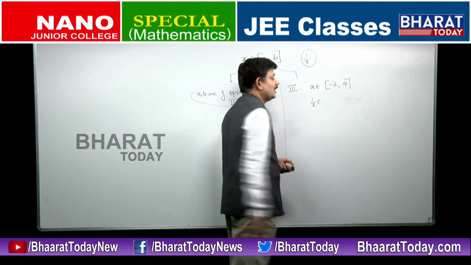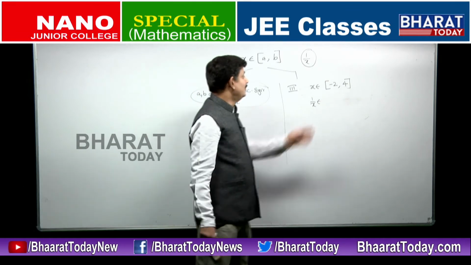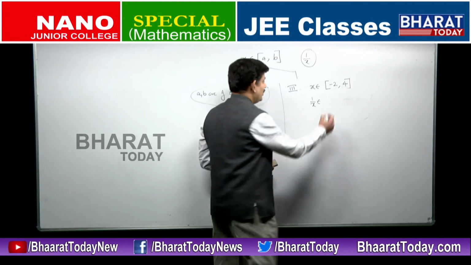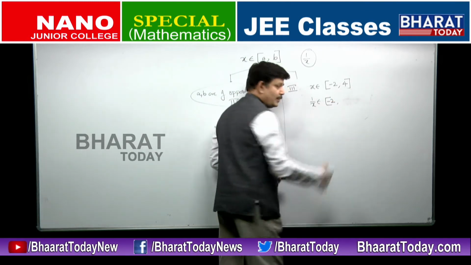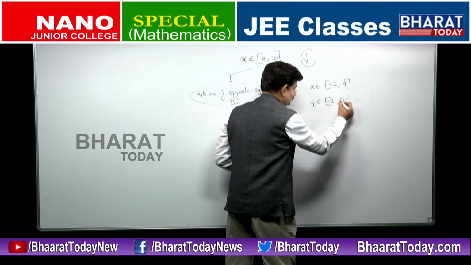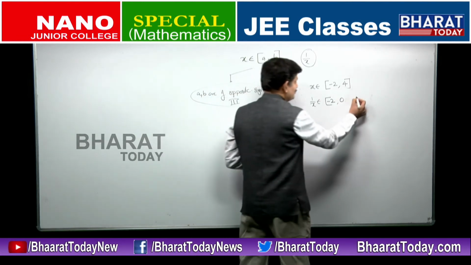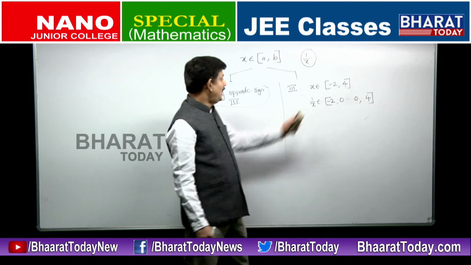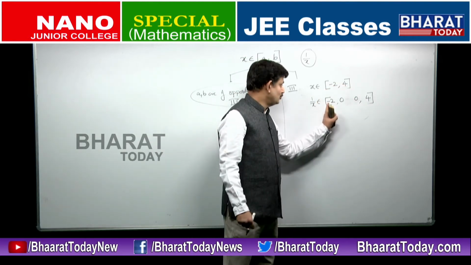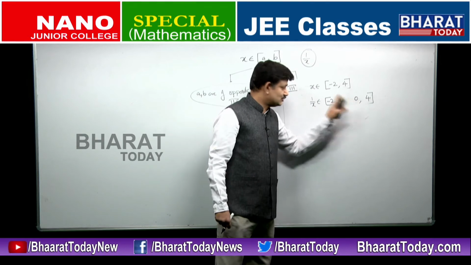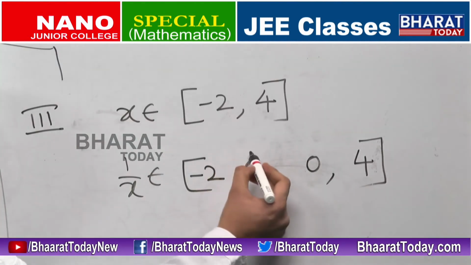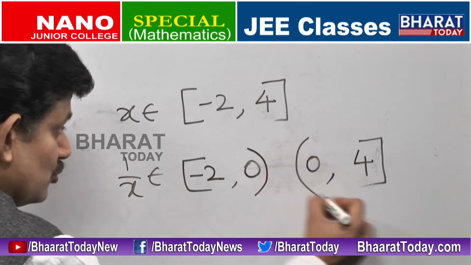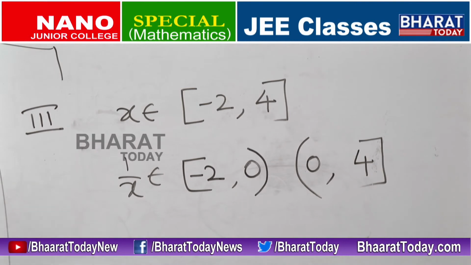So you should never do that. Whenever there is 0, don't write the reciprocal function. So what will we do? We will remove 0 from the given values of x. So I'll start my journey from minus 2, end it at 0, again start from 0, and I'm supposed to stop at 4. Yes or no? I'm having all numbers from minus 2 to 4, so minus 2 to 4, all numbers except 0. I am removing 0 from this interval. It will become open at 0. Removed 0 from this interval, it will become open at 0 here.